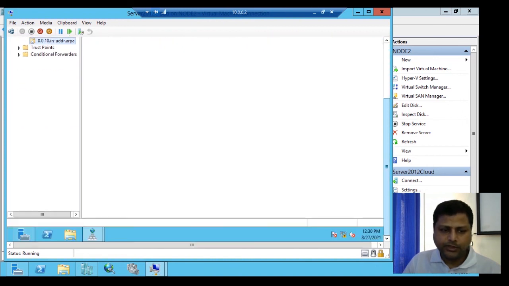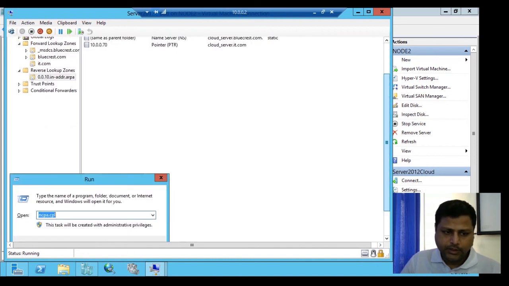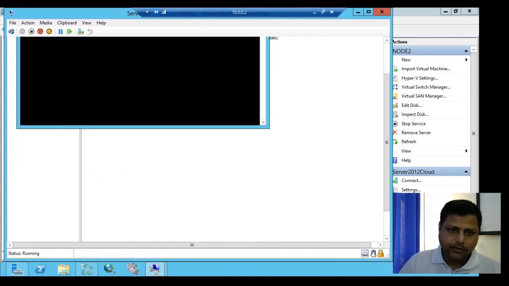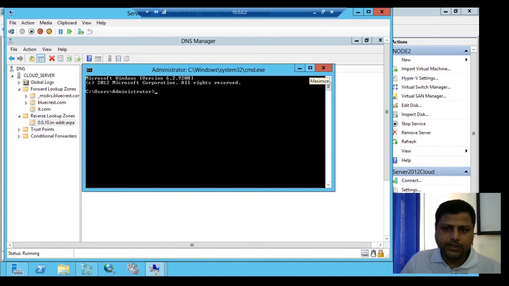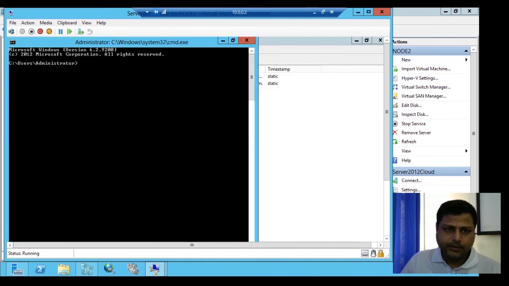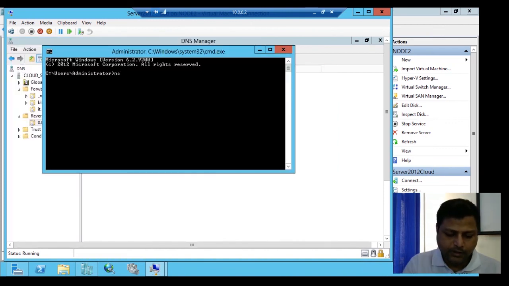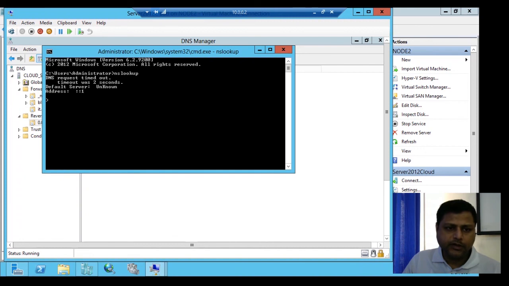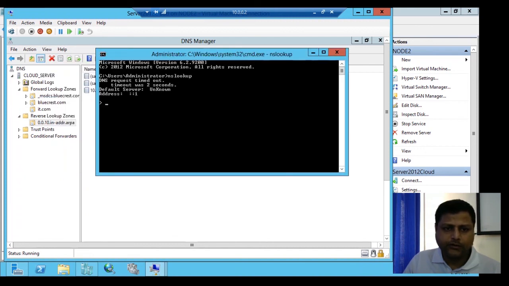We'll move to the command prompt and type CMD. When we come to the command prompt, we'll type nslookup. In nslookup, it is going to resolve name to IP and IP to name, that is forward lookup zone and reverse lookup zone.